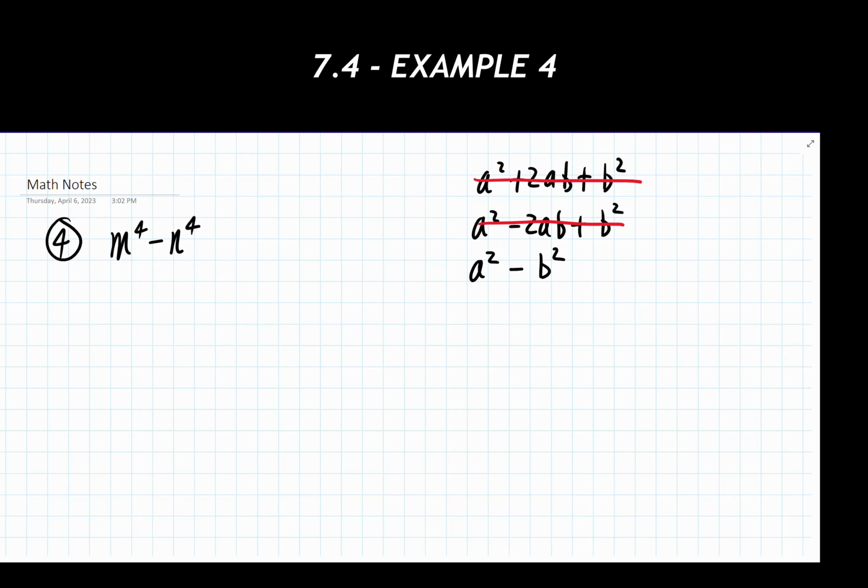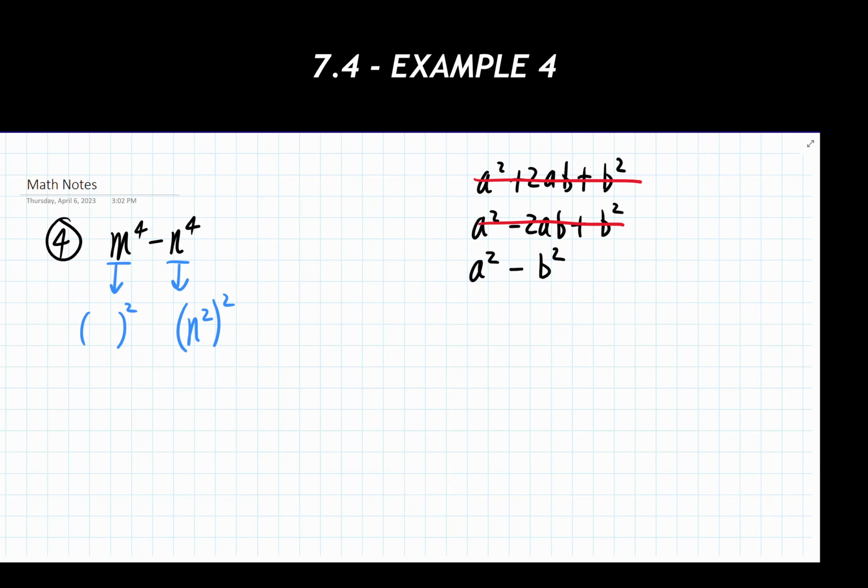So this is where we start to get into a little bit of a throwback to our exponent properties. This thing is actually the difference of squares, but it's written in a slightly different form. When we think of this, if we do some rewrites, this is where rewriting in this class and with math in general is very, very helpful. m to the 4th power, well, that's the same as rewriting this and saying m squared raised to the 2nd power. Similarly with n to the 4th power, that's the same as saying n squared raised to the 2nd power.